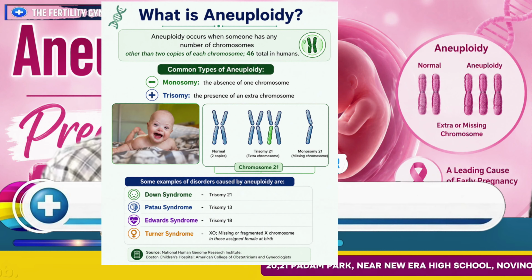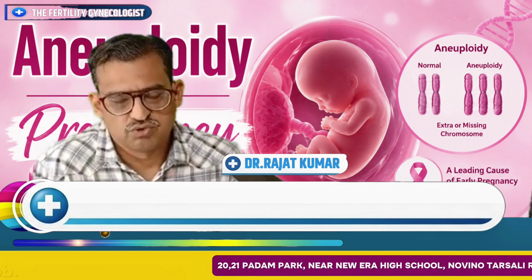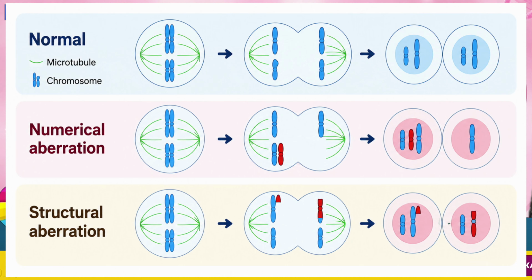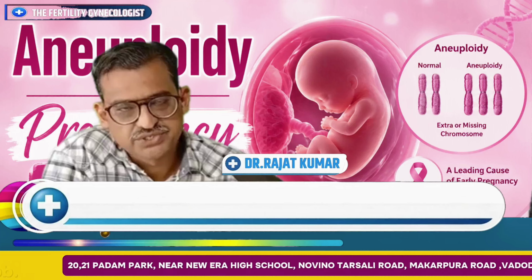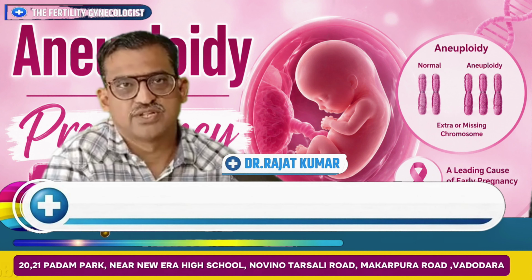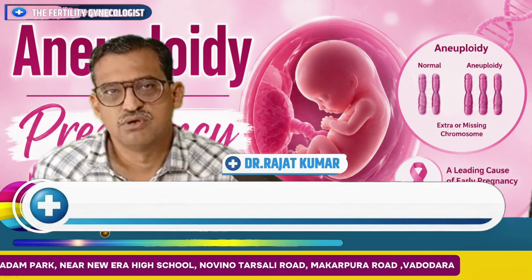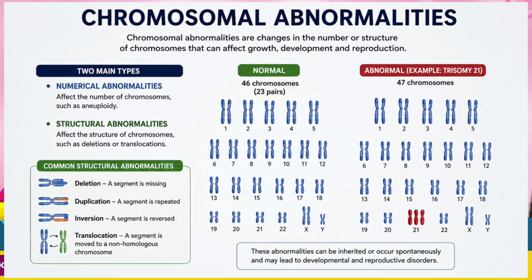aneuploidy and infertility. What is aneuploidy? What are the chromosomal mechanisms behind aneuploidy? What can be done to prevent aneuploidy? What is the exact role of nutrition and mitochondria? And what are the evidence-based strategies which can help you prevent aneuploidy and chromosomal abnormalities, help with your fertility outcomes naturally, and help you in better conception?